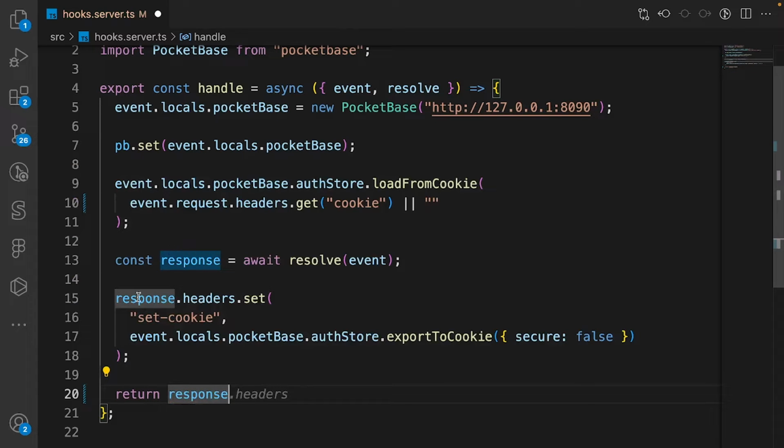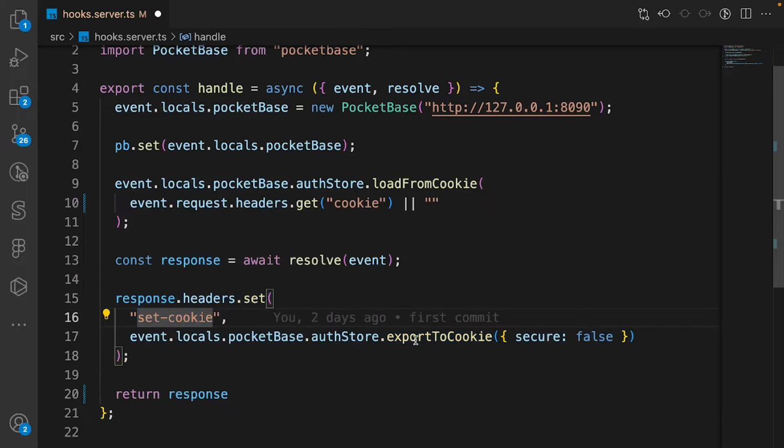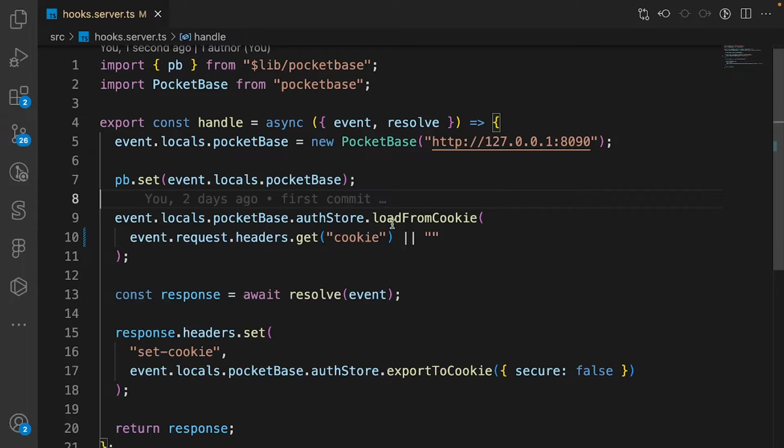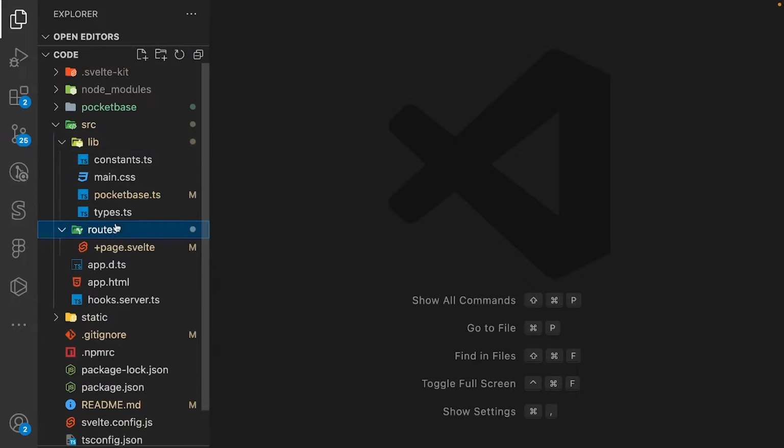So once we create the response, we add an extra header that says we set a cookie to the auth store cookie, and then we just return the response. Let's make sure to change these bangs to question marks. And let's close this file. Let's go to the routes folder